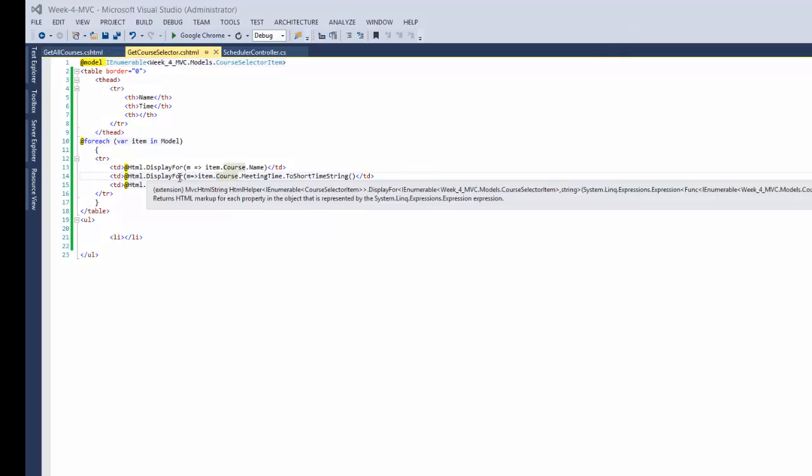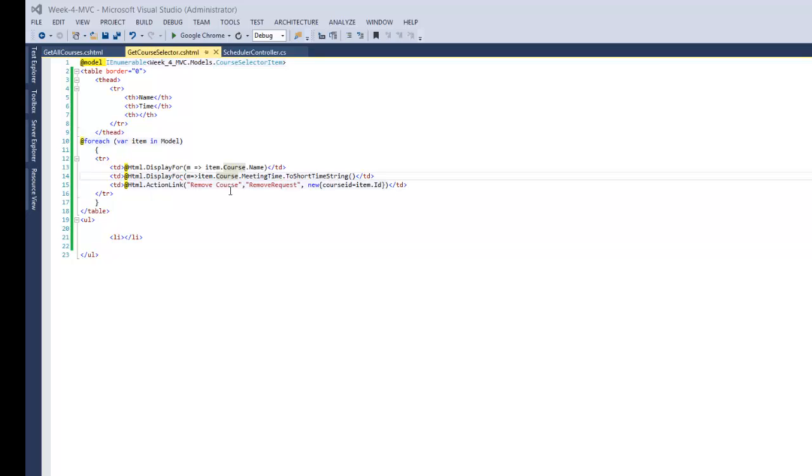Alright, and we're getting an error from this extension, and it doesn't like that we're calling a method, so we actually don't have to use the extension. We'll just go ahead and call item.course.meetingtime dot to short time string. So that'll give us the data that we need, and we can get rid of this unordered list, and we'll do a save, and then we'll go ahead and run again,